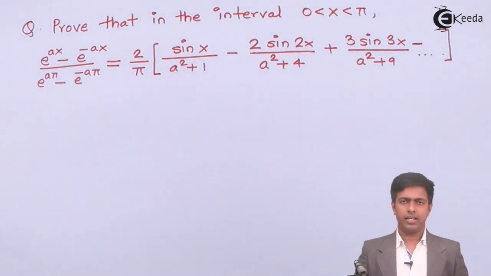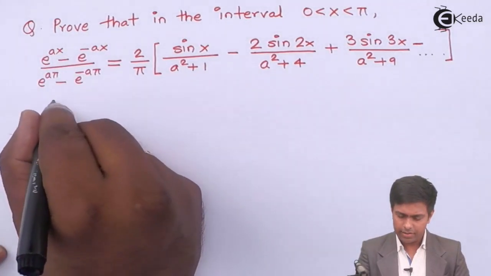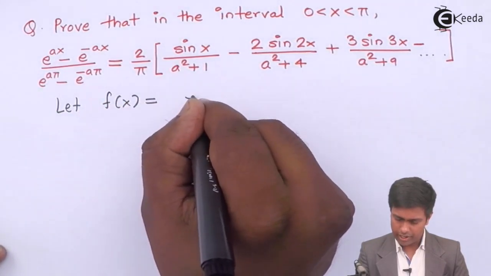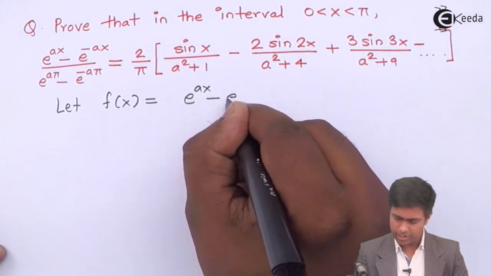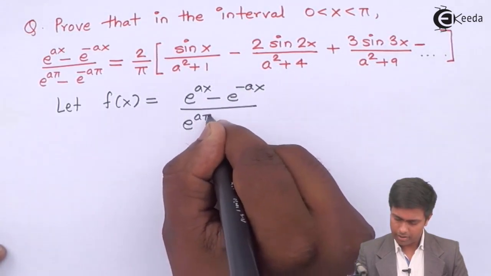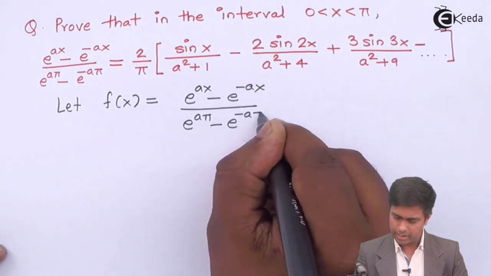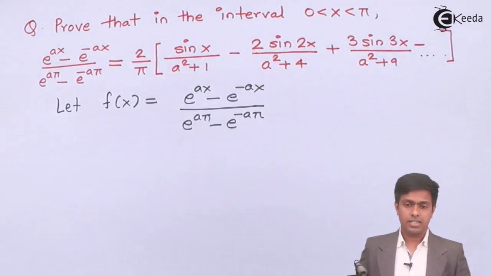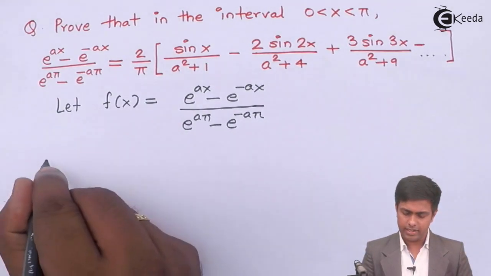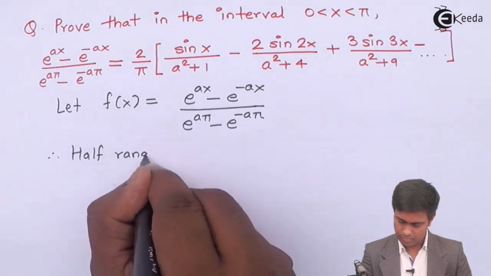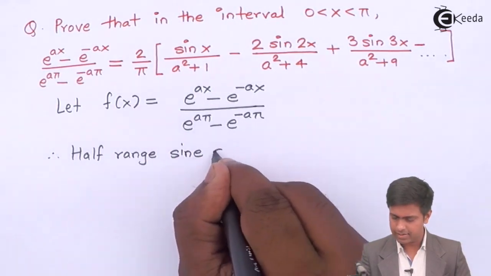So here I'll say let f of x is equal to (e to the power ax minus e to the power minus ax) upon (e to the power a pi minus e to the power minus a pi). And now let's find the half range sine series for this. Therefore, the half range sine series